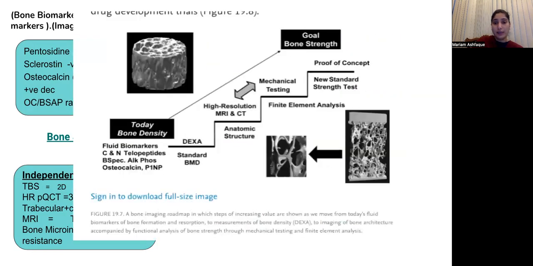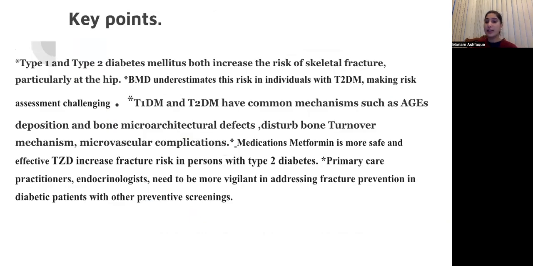Okay, and so these are the key points of the presentation. Type 1 and type 2 diabetes mellitus both increase the risk of skeletal fracture. Bone mineral density underestimates the risk in the development of type 2 diabetes. Type 1 and type 2 diabetes have common mechanisms such as AGE deposition, bone microarchitecture defects, disturbed bone turnover, and microvascular complications. Metformin is safer and effective, and TZDs increase the fracture risk in people with type 2